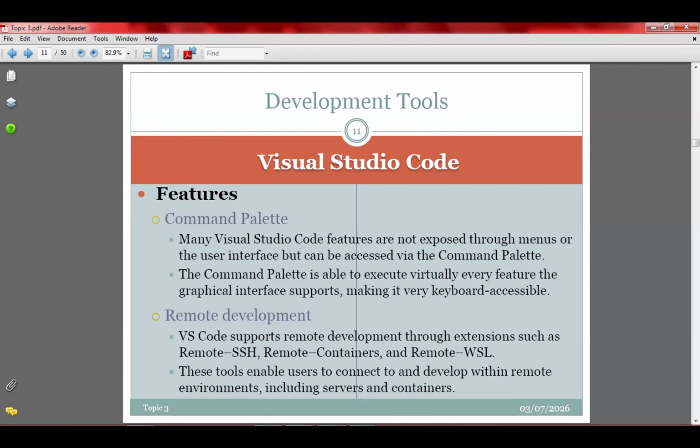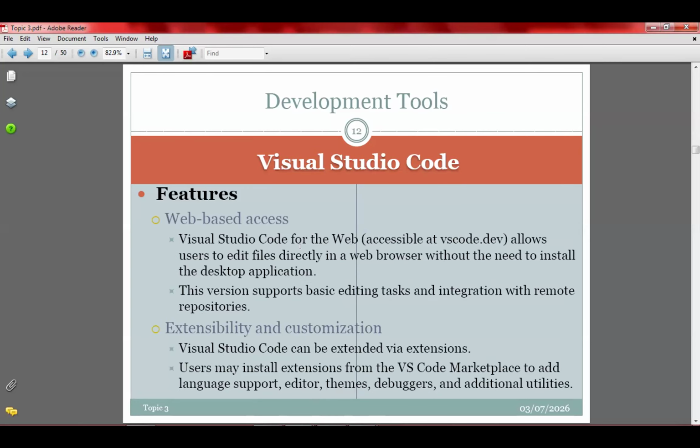So you can be anywhere. In a sense, what this feature is saying is that you can use VS Code once you're on the internet, and you can develop your code anywhere at any time. Another feature is the web-based, like you were asking. You can use VS Code to develop a web application, if you have the right browser and you install the right extensions.